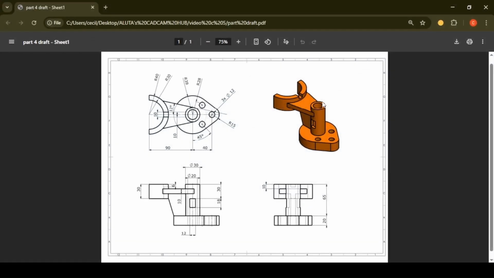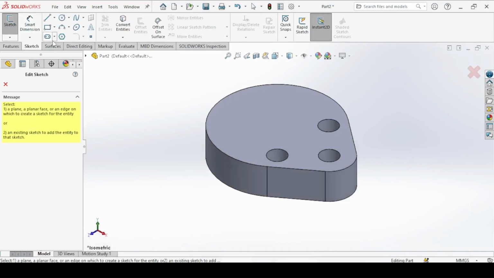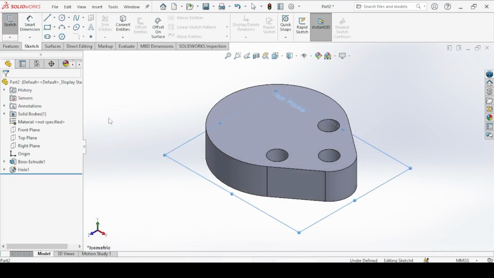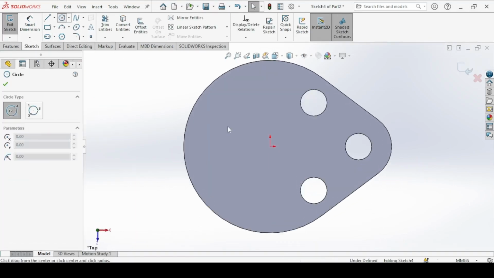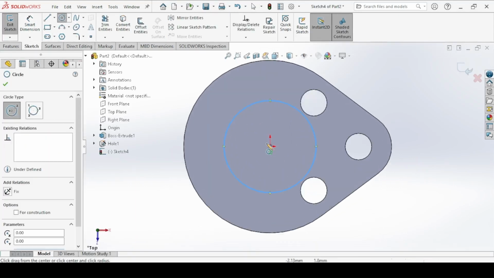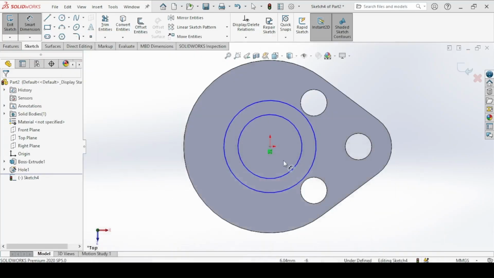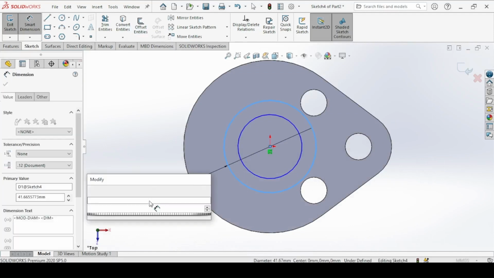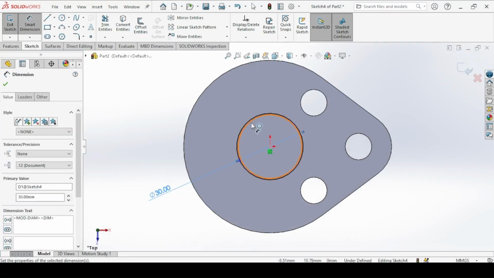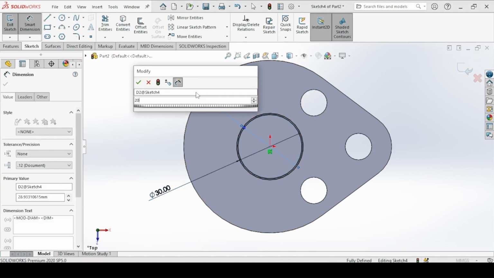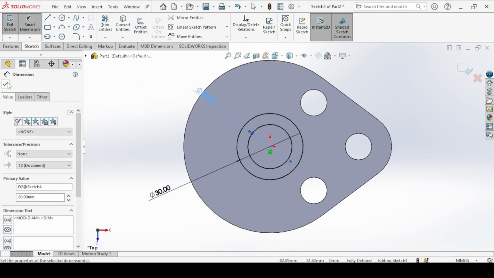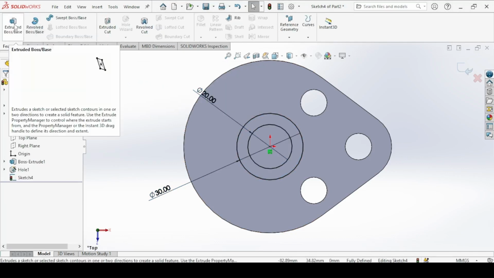If you add this cylinder here, create a sketch on the top plane. And we draw 2 circles with the center on the origin, and the outer diameter should be 30, the inner diameter 20. And then click on the extruded boss base.